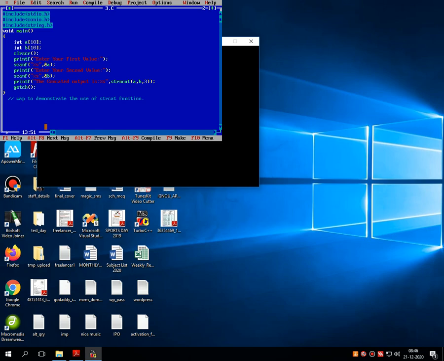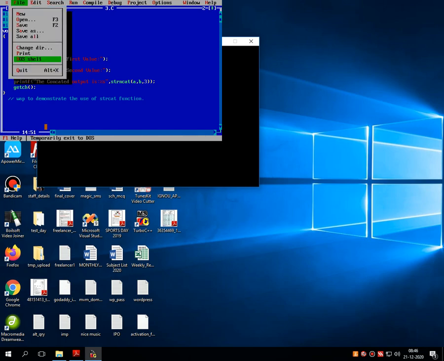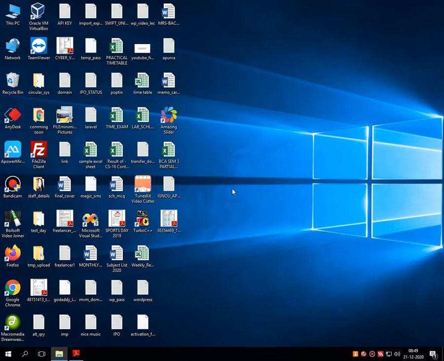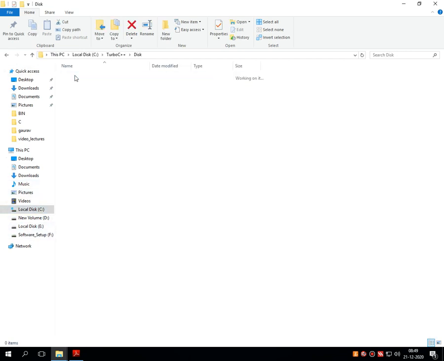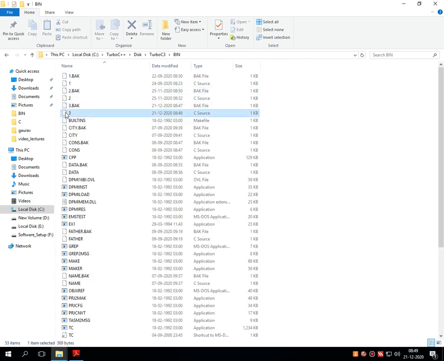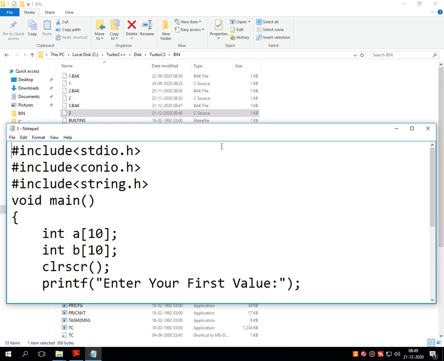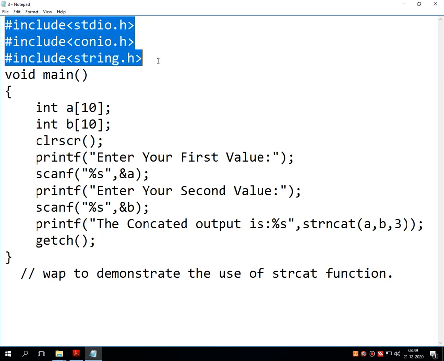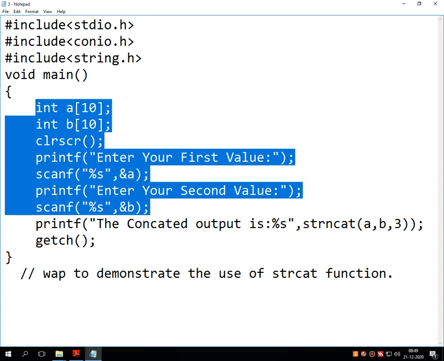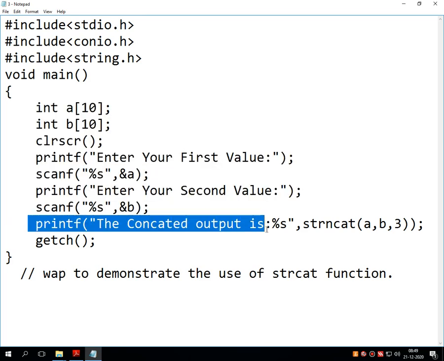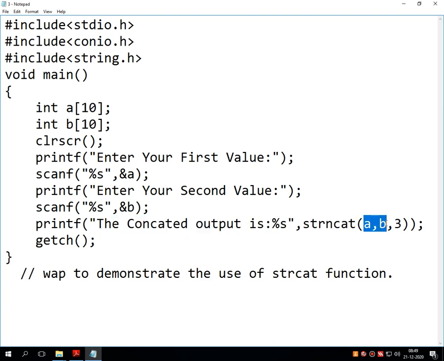Now let's see this program in Notepad. These are the entries of 2 strings, then into the printf statement, the concatenated output is %s, strncat a and b comma 3.